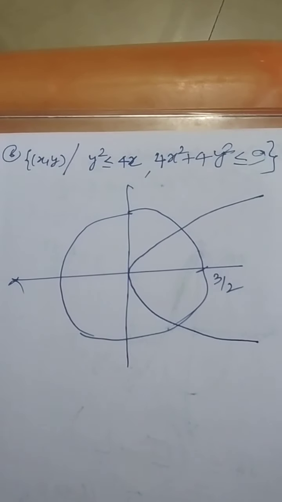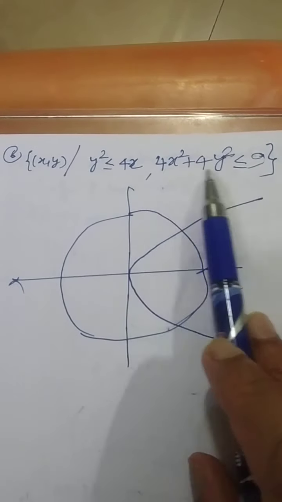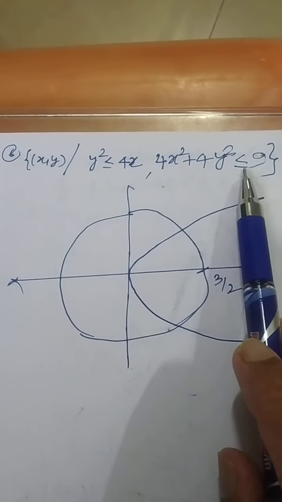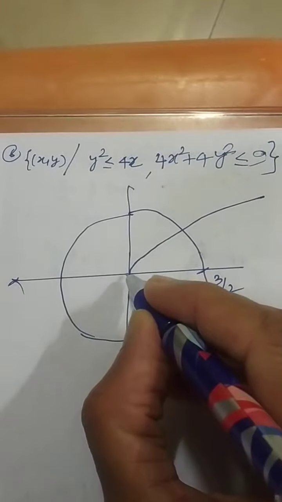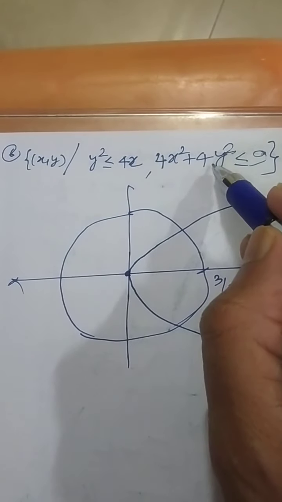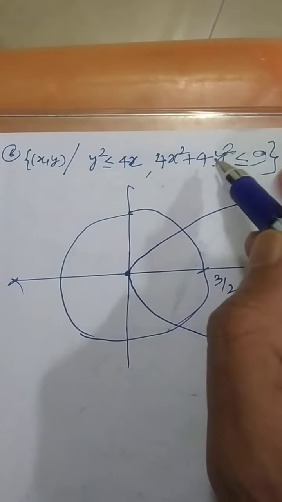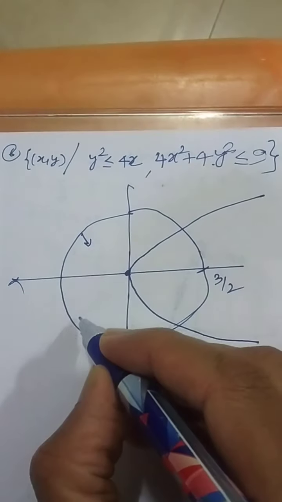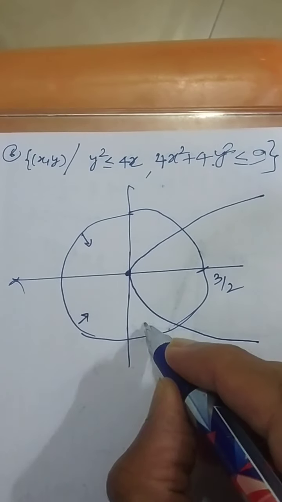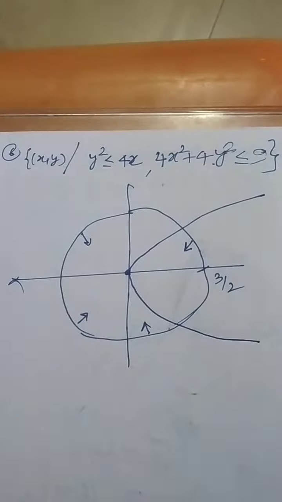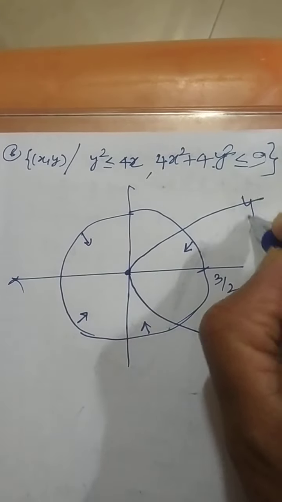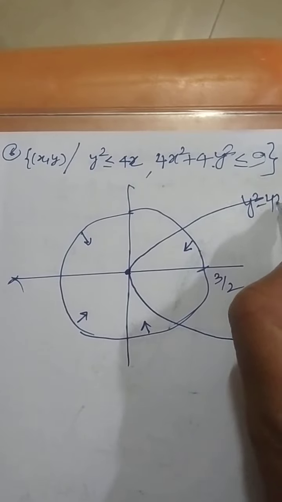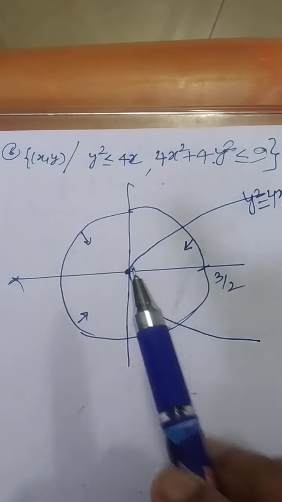Now try to understand what is the meaning of that. About the circle, if you remember class 11th inequation, I can consider the point 0, 0. Putting 0, 0, it satisfies the equation, which means the answer will be inside somewhere like this. Now y square equal to 4x is passing through the center of the circle.